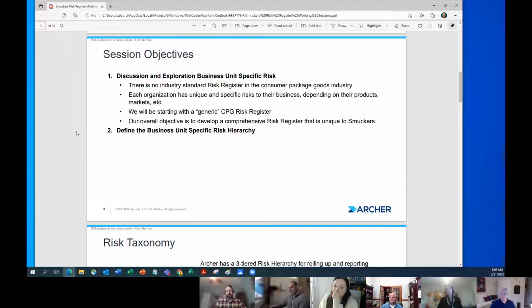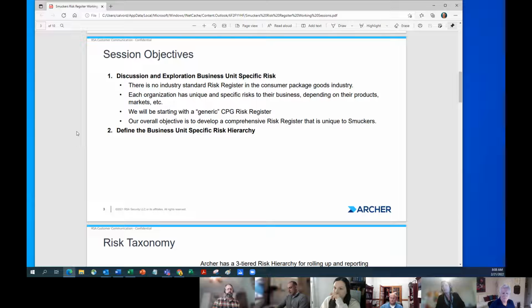Yeah, so we'll fill in the other things on the spreadsheet, like market risk and strategic risk. I noticed that we didn't have meetings with those people, but what I suspect is going to come out of these sessions is that there's definitely going to be some overlap. Somebody's going to identify a risk, and somebody else is going to identify the same risk. That's okay. Archer can absolutely accommodate that. We want to have one group own the risk, but there can be interested parties in that risk that we call out.